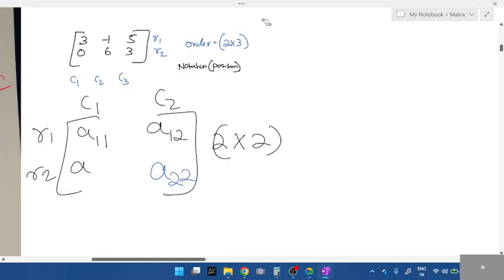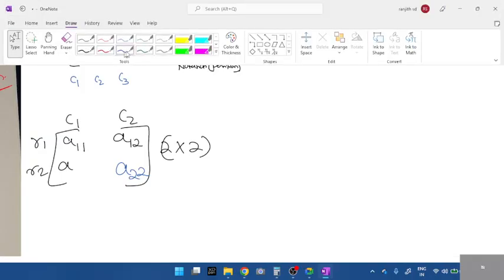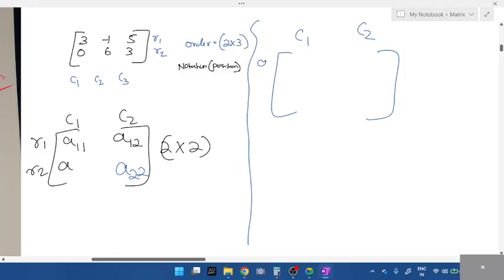Next, I'll give you 3 by 3 matrix. You write the alphabets. Starting whatever question we solve, right on top, write C1, C2, R1, R2, students. After 2 or 3 days, you'll get used to that. Okay, you'll get used to what are rows and column. Next one.